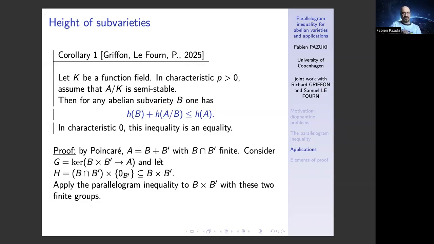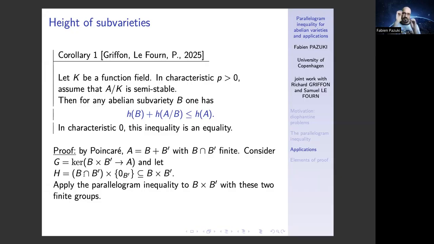This is what is done here. So define G to be the kernel of this map. So what is this map? I didn't define it, but I'm telling you it's an obvious map because A is B plus B prime. So in fact, if you have two elements in B and B prime and you want to go to A, well, you do the sum. So because I mean this tells you what to do. So take the kernel of the sum, it's going to be finite, and then take also H to be